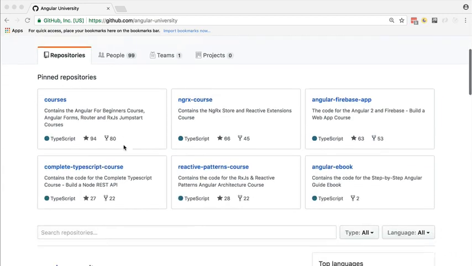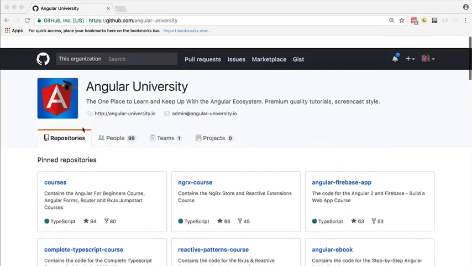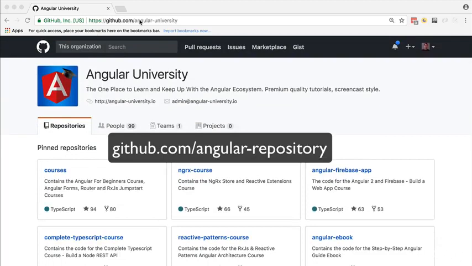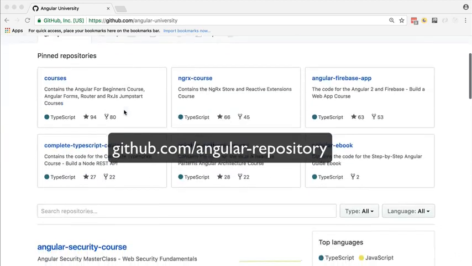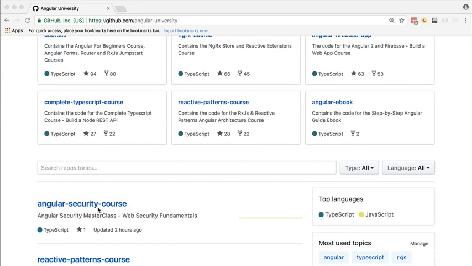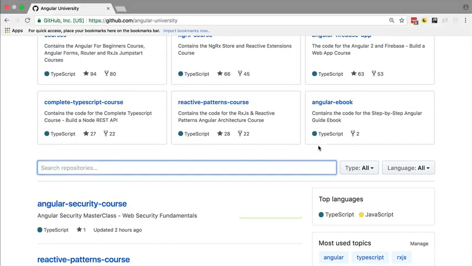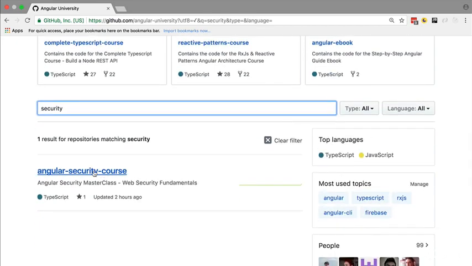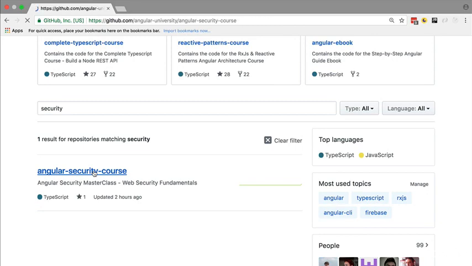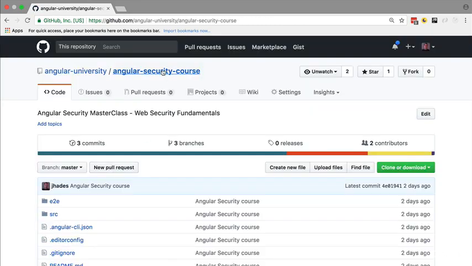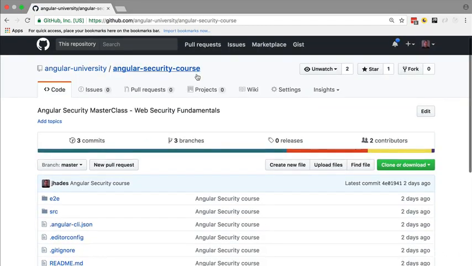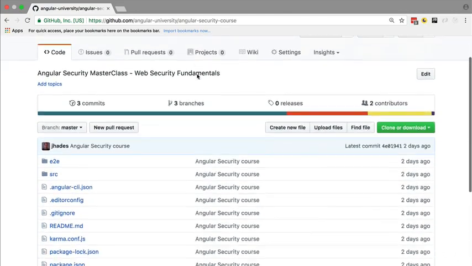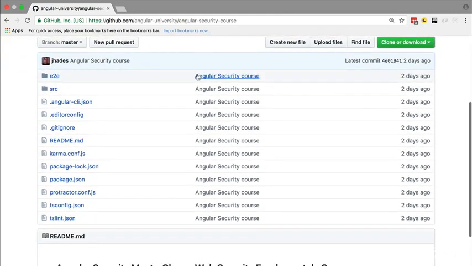Let's now install the lessons code. We are going to go here to the Angular University GitHub page and have a look at our repository. We're going to go to search repositories and search for the security repository. If we click into it, we are going to see that we are in the Angular-security-course repository. The look and feel of the repository will be a little bit different when you access it,